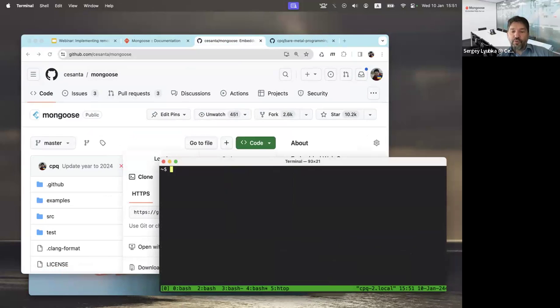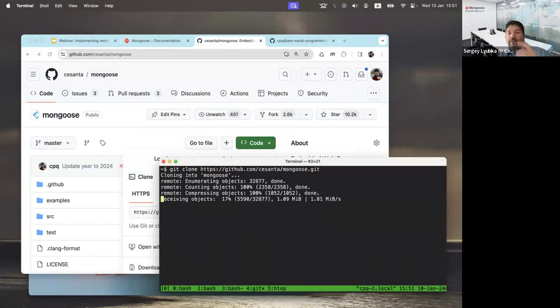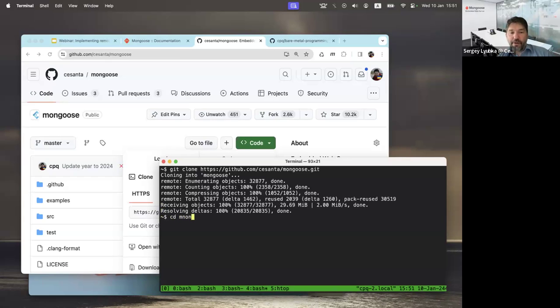I go to my home directory and I do git clone Mongoose. So now I'm cloning Mongoose, and then I want to build the firmware on it. Okay, done. cd mongoose